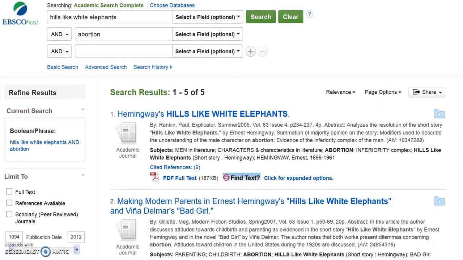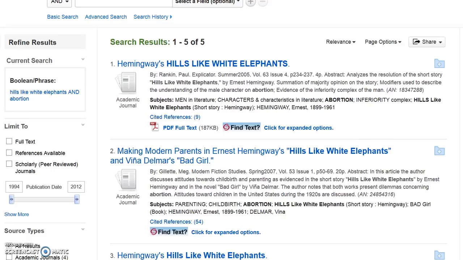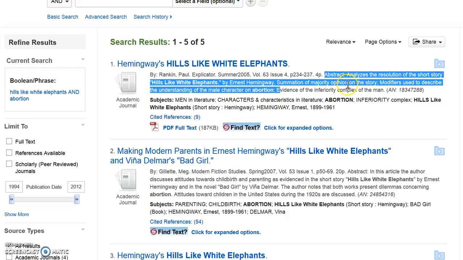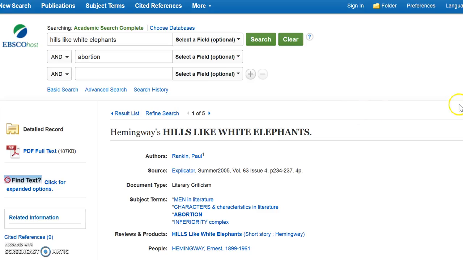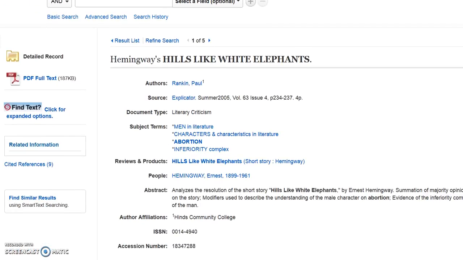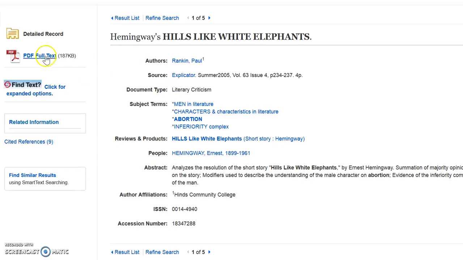One thing that's nice about using the database as opposed to Google is you'll get what's called an abstract. That is, it will offer you a little summary of what the article is going to talk about. In this case, we see the abstract analyzes the resolution of the short story, Hills Like White Elephants, summation of majority opinion on the story, modifiers used to describe the understanding of the male character on abortion. So if I think that's a good article for me, great, then I can click on it. And I'll have to click on the PDF to read the article. I see the PDF here, so I can read the entire article, but I'm going to let you do that